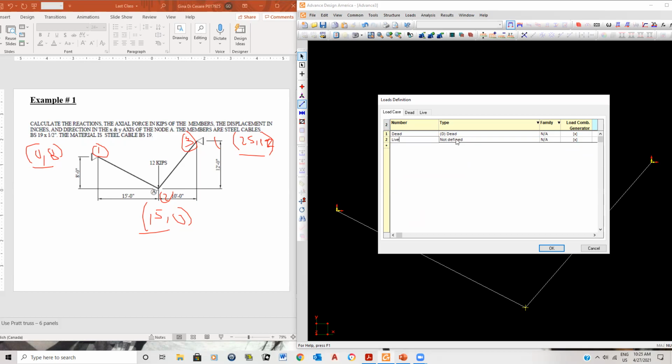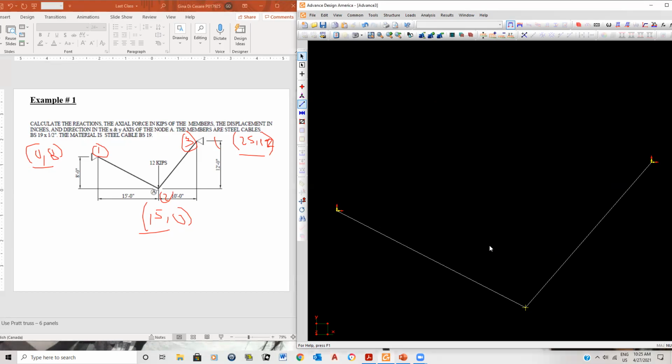But if you do define it and you ask the program to automatically generate the load combination, well, there are National Building Code load combinations of live loads, dead loads, wind loads, snow loads, and the program will generate all of those for you if you want. So I'm not even going to define it so you can save some time. So I'm going to press OK. So once I've created my load case,